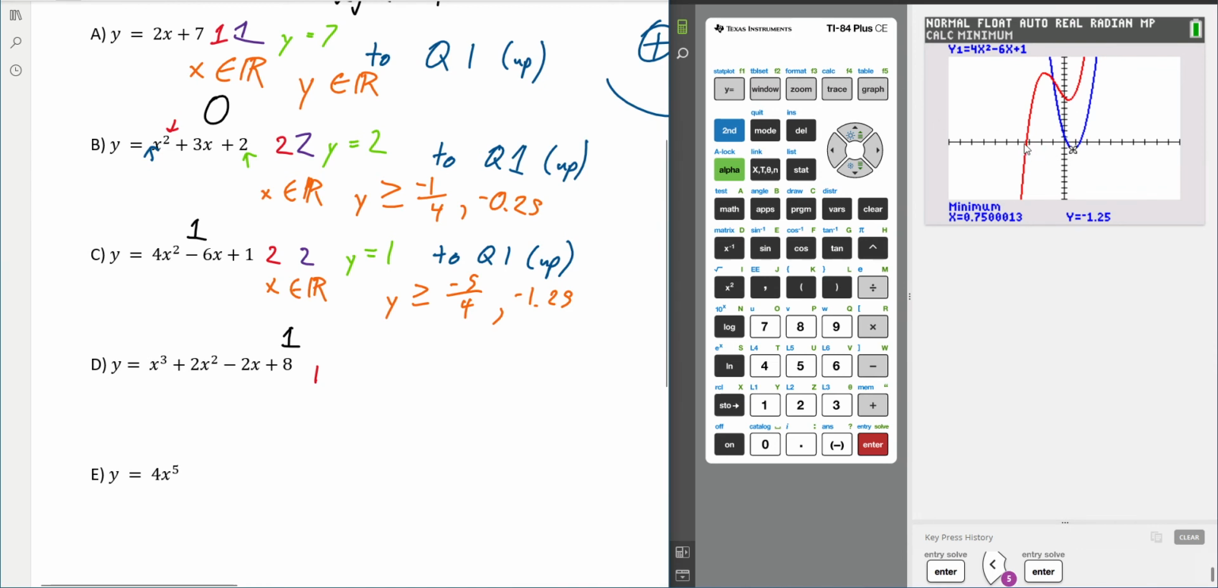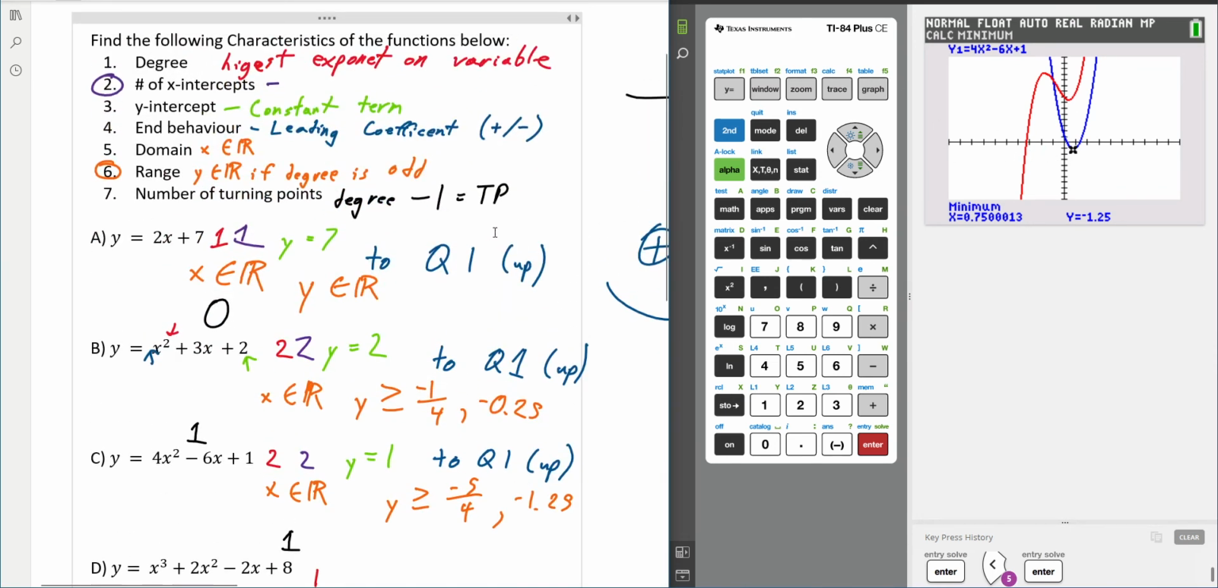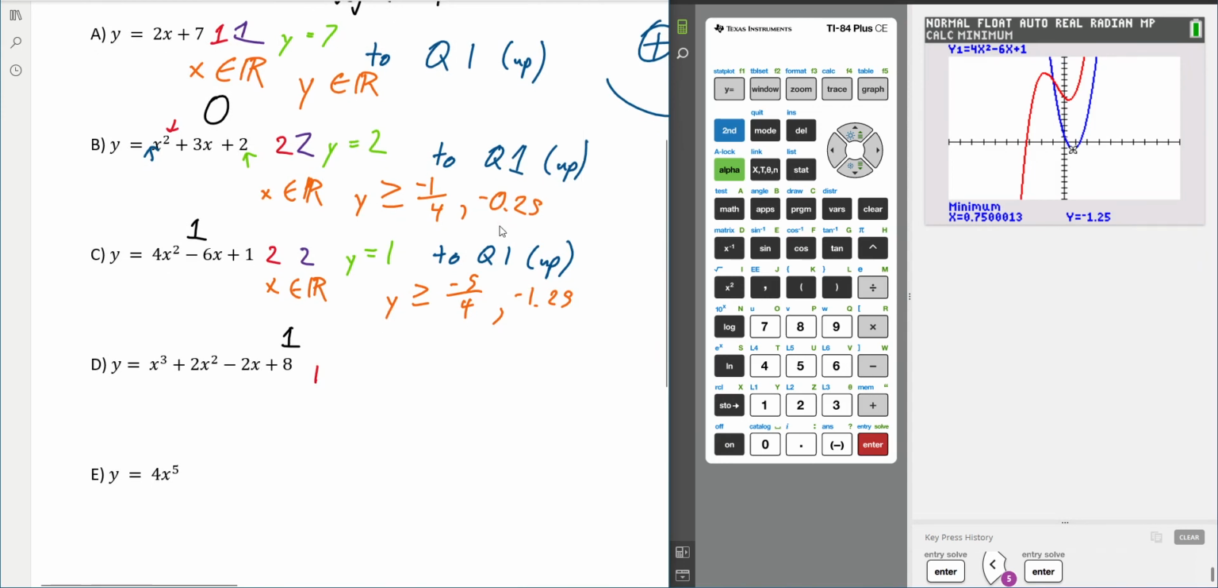x-intercept right over here. Okay, is that right? No, highest degree, so that's 3. Whoops. Number of x-intercepts, there's 1. The constant term is y equals 8. The direction is positive because of the leading coefficient, 2q1, which is up. I'm going to make this negative for the next one. So it's up, and